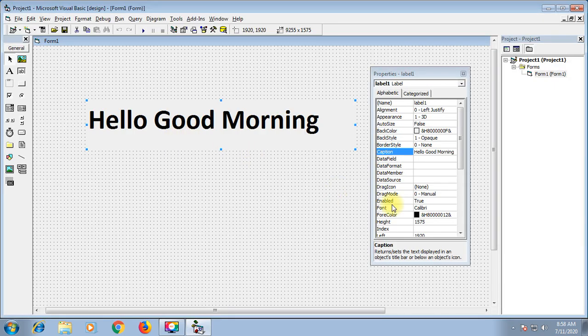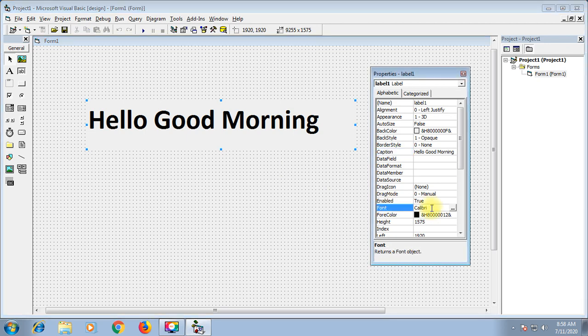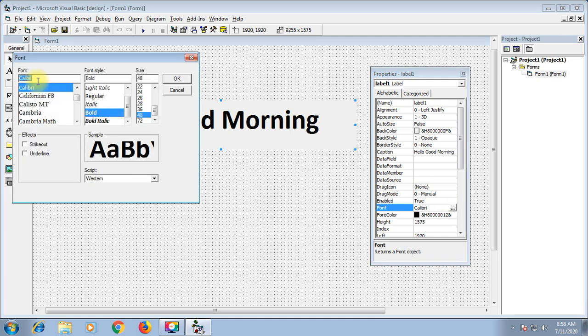And the third property of the label control is the Font property. We have seen this property, and if you click on this triple dot, you will get the font dialog box. From the font dialog box, we can set the font style, its size, effects, and the sample is just to show you how your label will look.